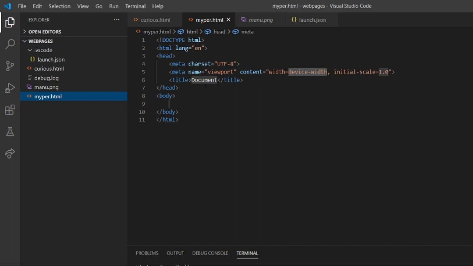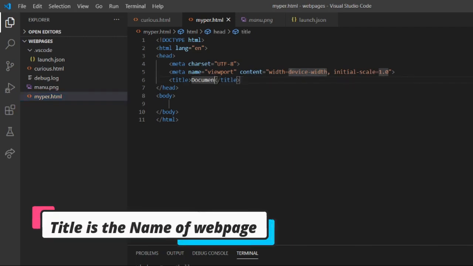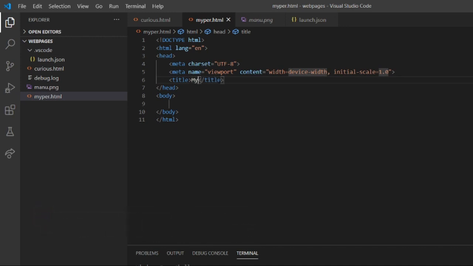And coming to the title, here is the document. You can change it to whatever title you want. I'm going to give my personal website, web page or anything, whatever you want. This is the title. These are the bunch of things that should be in the head part. It is mandatory. And also we can add some font styles and